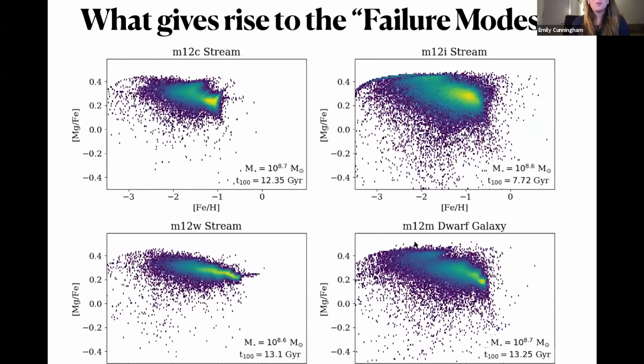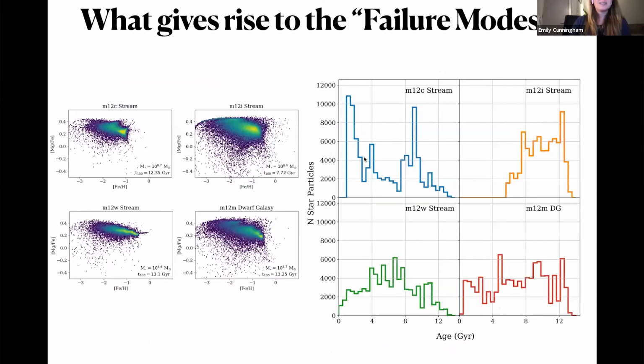So you've raised a really interesting point, which is that especially at the massive end, even when we have halo progenitors that have similar quenching times and stellar masses, they themselves can have diverse abundance distributions. This is a result of their different star formation histories. Interestingly, this M12C oddball accretion event has a very bursty star formation history compared to the other accretion events of its stellar mass and quenching time. Fascinatingly, this big burst of star formation coincides with its first pericentric passage. So it experiences a pericentric passage-induced starburst and forms too many stars too fast